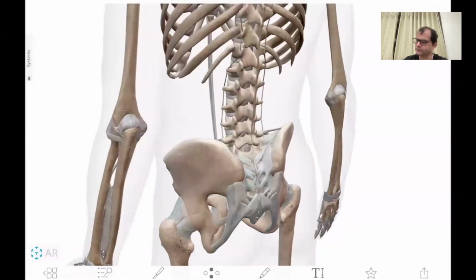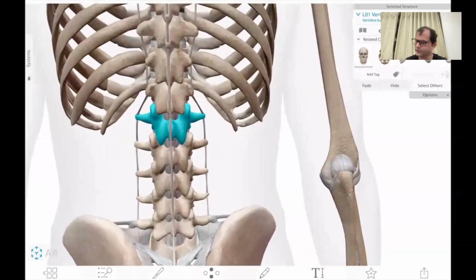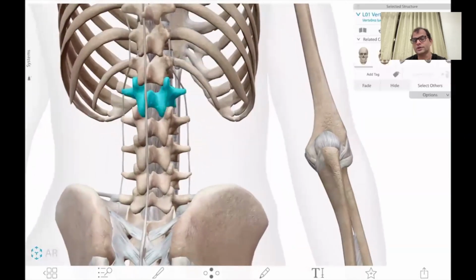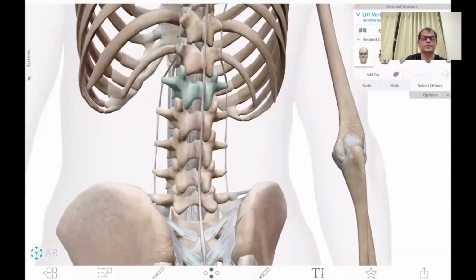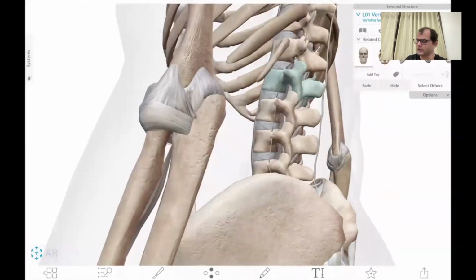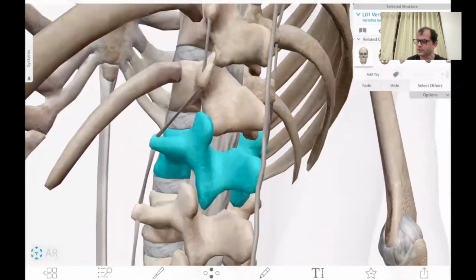There is a problem in some vertebra, maybe this vertebra, maybe this one. Maybe there is formation of osteophytes, or there is some damage to the vertebra. So whatever is happening, if there is a problem of the vertebra,